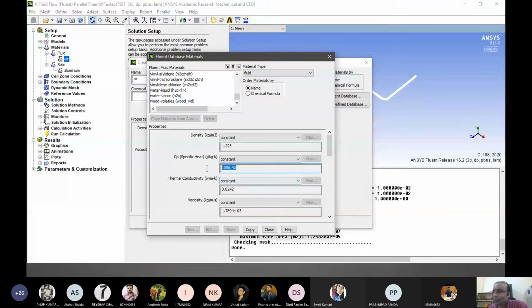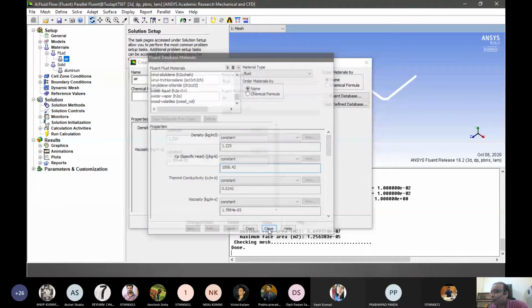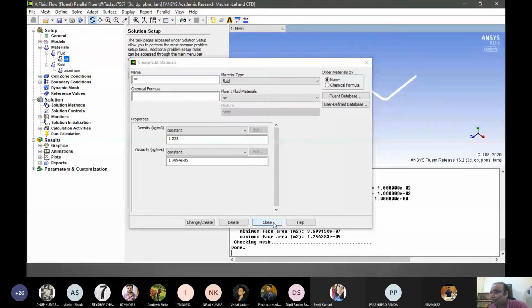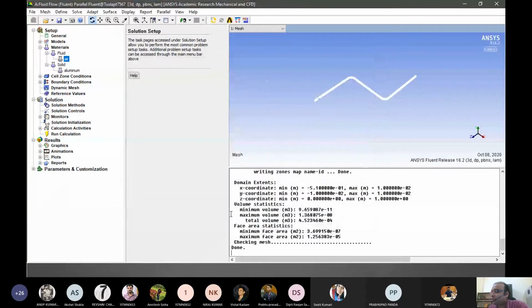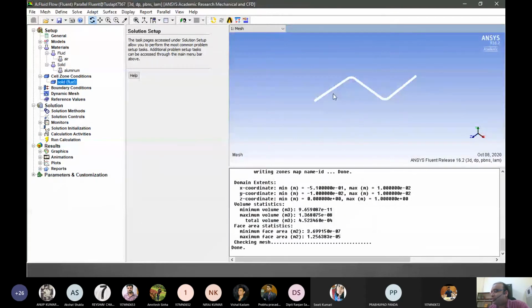Now we put the materials, so we do the cell zone condition. For what we have designed, this is the whole solid material, right? So what it will assume is that the solid material is coated with some wall that we defined as pipe wall, and throughout the solid material, the fluid will be filled and will flow. Now we can define a few things. For now we have defined the fluid material as air.